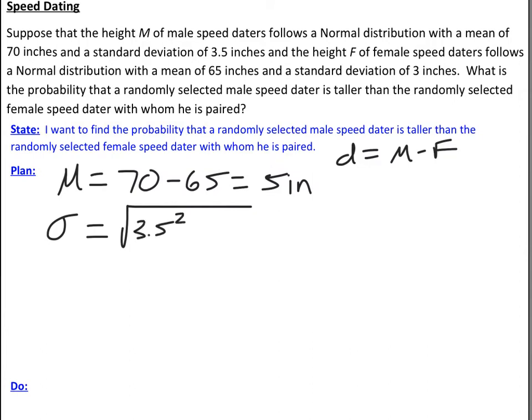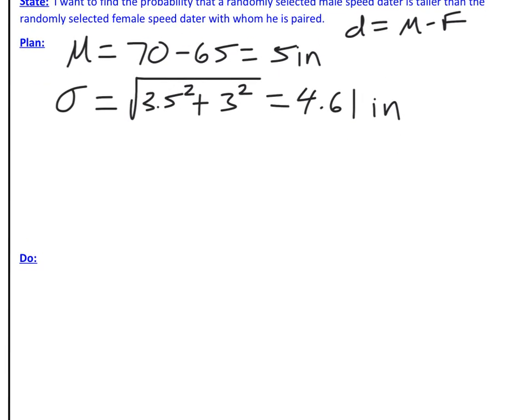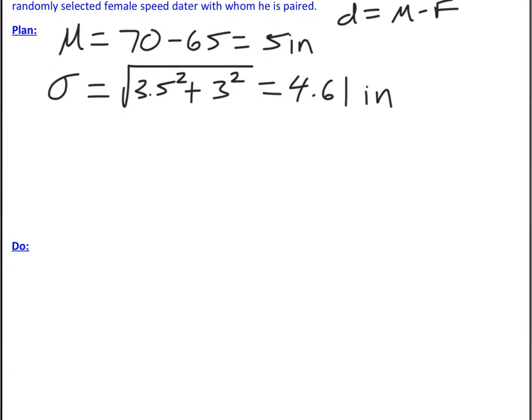We could do 3.5 squared. Remember, it doesn't matter that I'm subtracting. I'm still essentially adding the variances. Okay, I do it underneath the square root so that when I'm done with this calculation, I have my new standard deviation, which will be 4.61 inches. And that's really like the only new extra work you have to do,